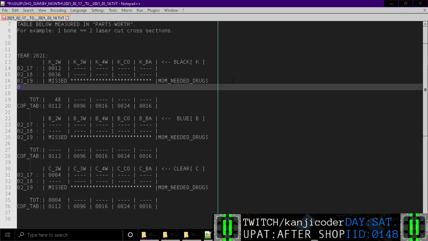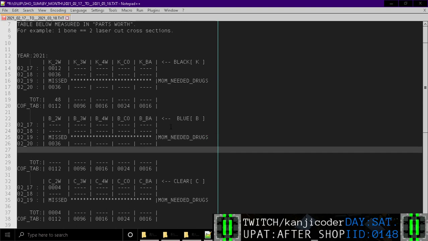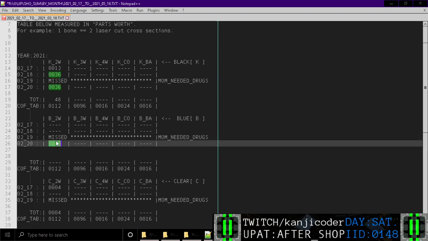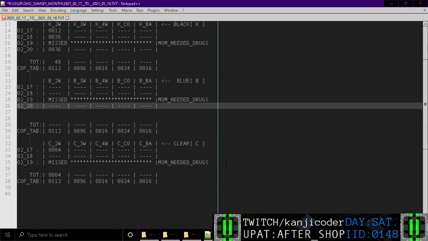And so now we have, on the 20th, today is the 20th, and we cut 36 parts of the black, right? So 36 black, and then everything else is not cut. So just 36 of the black, and that's all we got. So over here, that means we didn't cut anything here. I don't know why I'm making tables like this, but